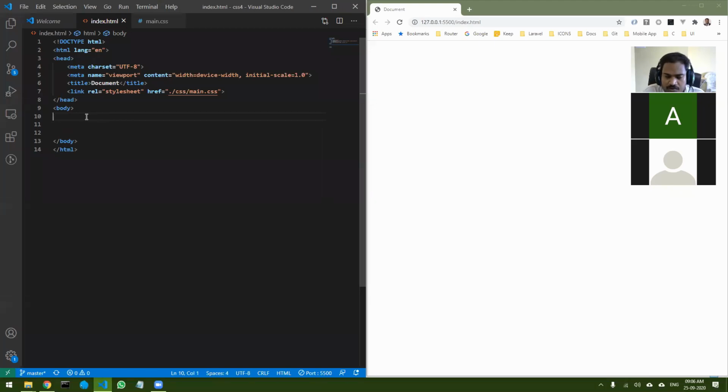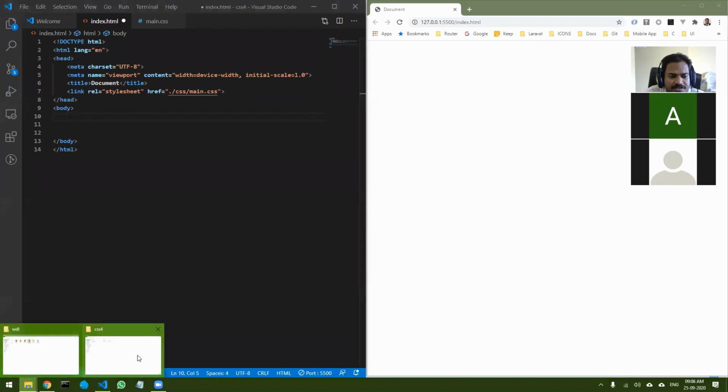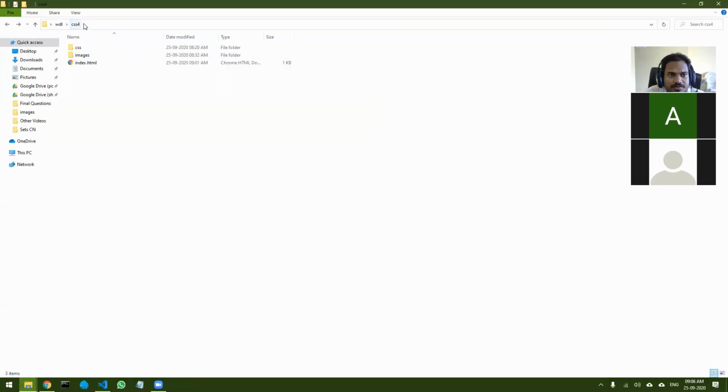Okay. So let's begin first by, let's create some divs. So what I have done today is I've just created another folder called CSS4. And inside that I have created one file called index.html and one CSS called main.css.